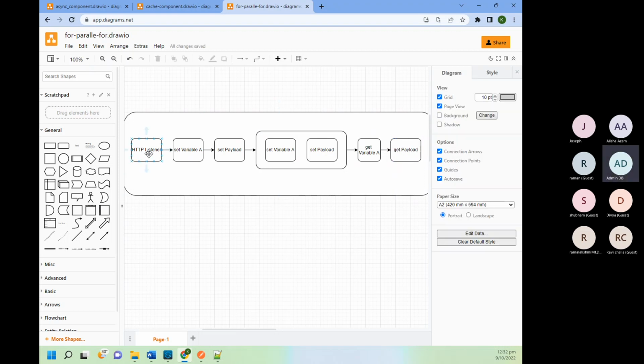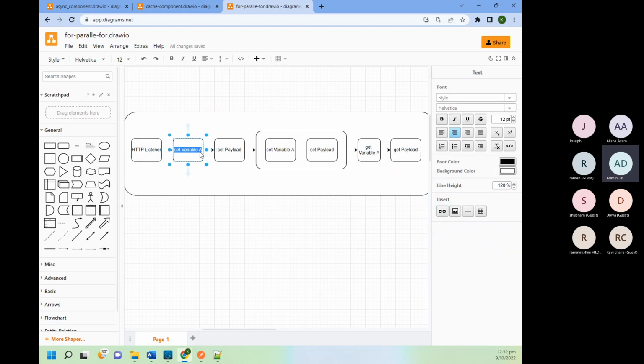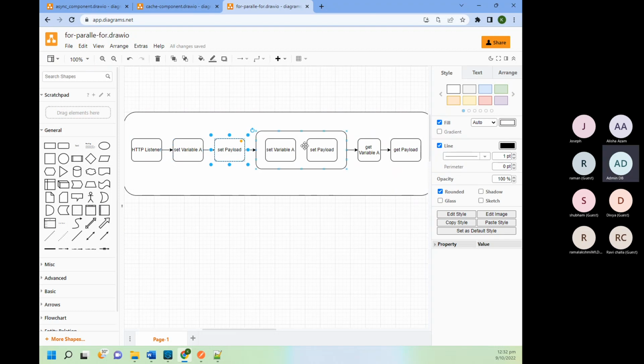Okay, so here we have the HTTP listener. We got a request. We did set variable A. Then we did set payload. This is our for each. Inside for each, even if you change this variable, we are again initializing variable A with some other value.